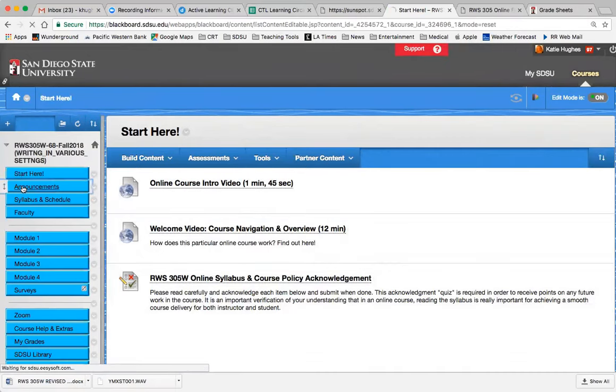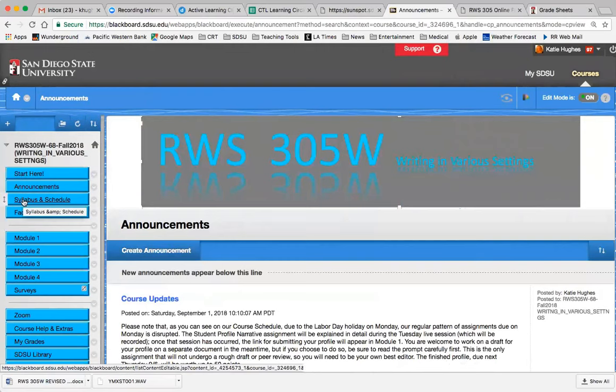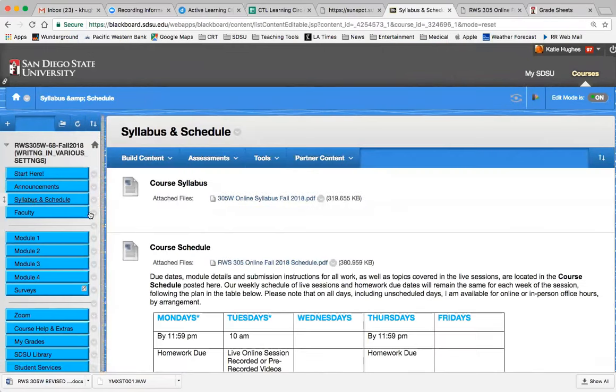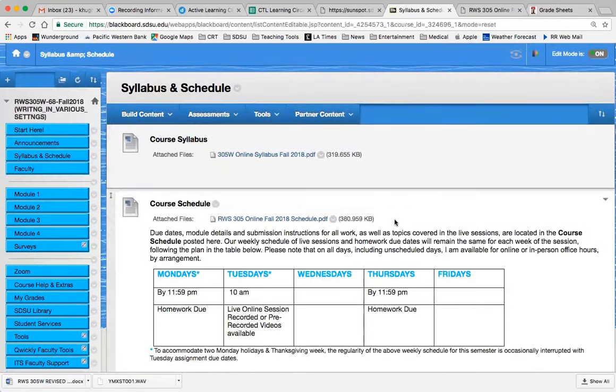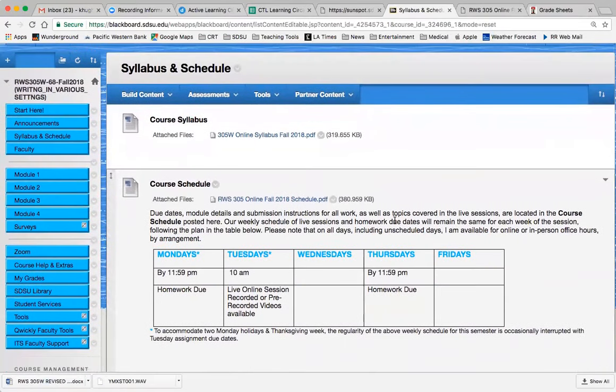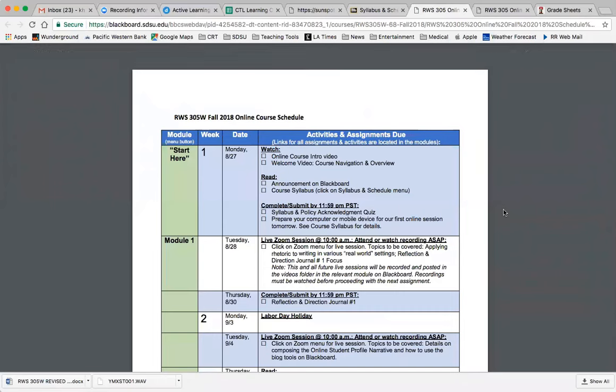Normally the page would open to announcements. Then here in the syllabus and schedule area, obviously the syllabus, but what I wanted to really point out here is how the schedule is set up. You can see that I have identified everything they need to do for each module by the date that it's either due or happening. So if you look at Module 1, I'm sorry, this is before Module 1, Start Here,